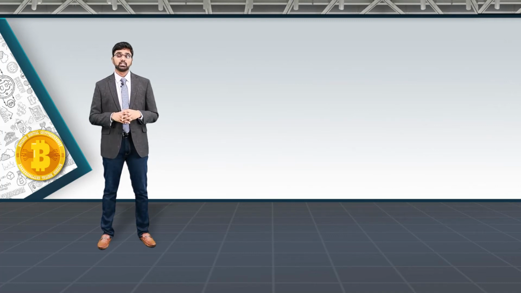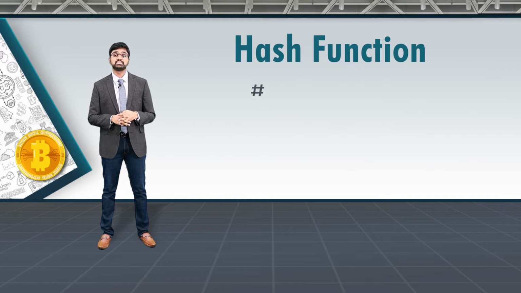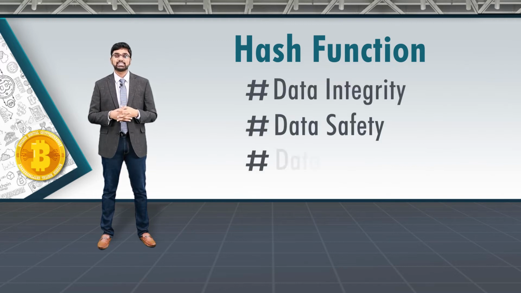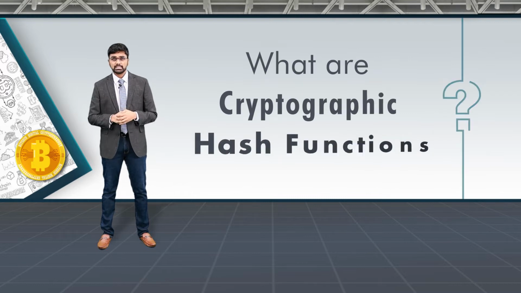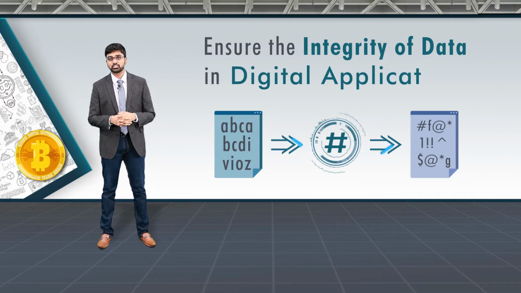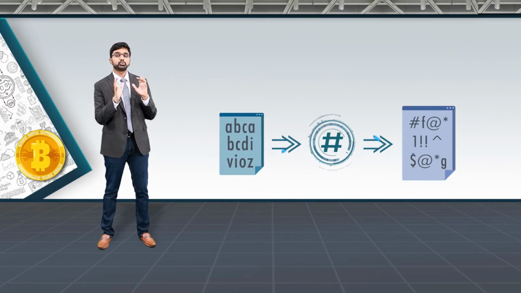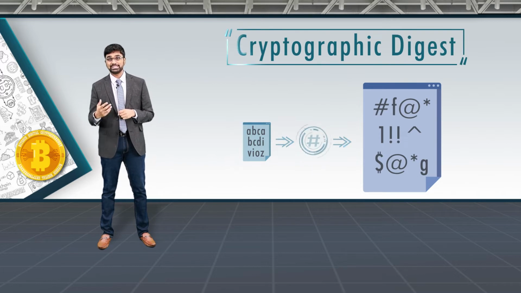In this module, let's talk about how hash functions in cryptography ensure data integrity, safety and security. Cryptographic hash functions, what are they? They are special programs that ensure the integrity of data in digital applications. The outputs of these functions are called cryptographic digests, and these are the foundational data structures upon which all